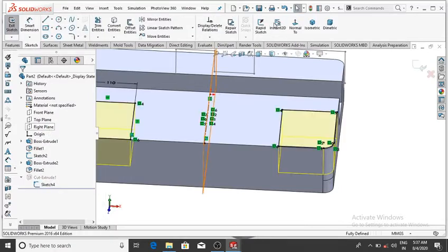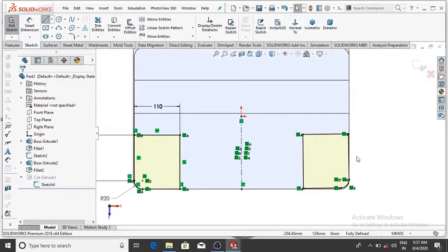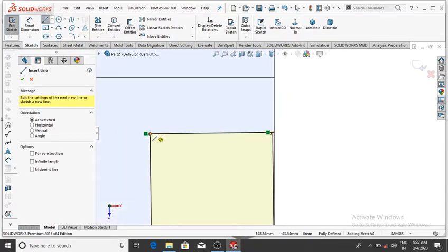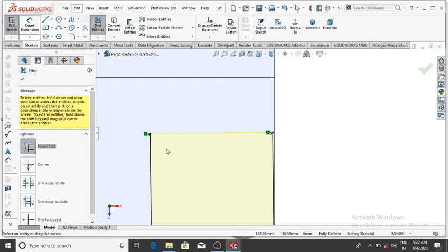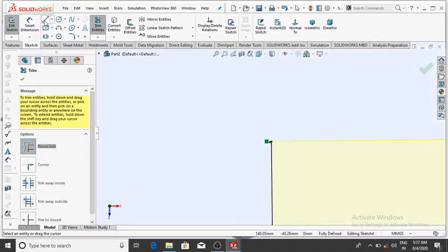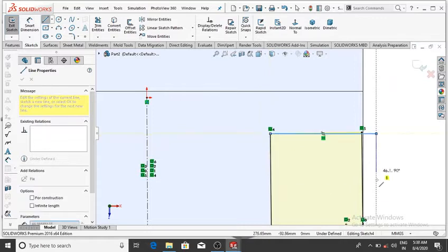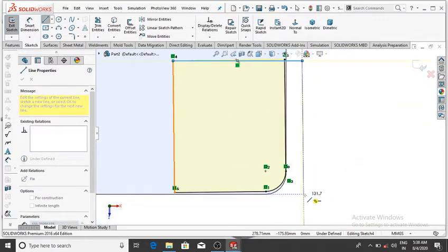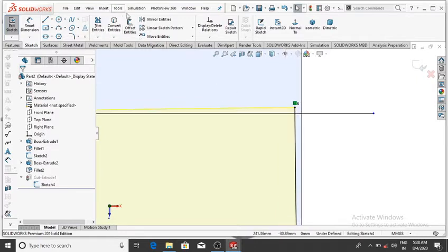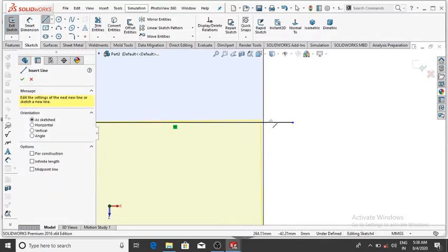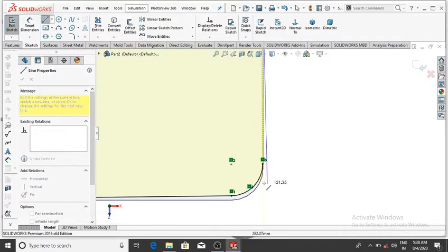Now select edit sketch, then normal, and select the line and make the trim and trim up to this, and make the line from this point to this point, and again now make the trim and select this and this one, and make the line from this sketch to this point,